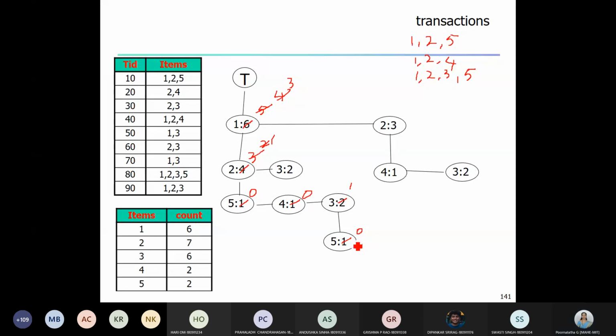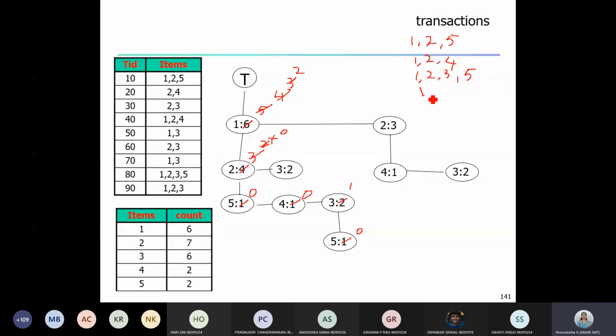Again, it's a repetition. Again, go back to the root node. So item 1 we have, count is 3, reduce the count and write the item. Follow the child pointer, item is 2, reduce the count, it becomes 0 and then write down here as 2.